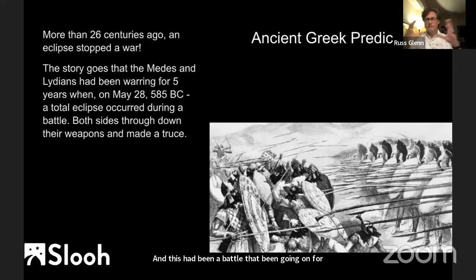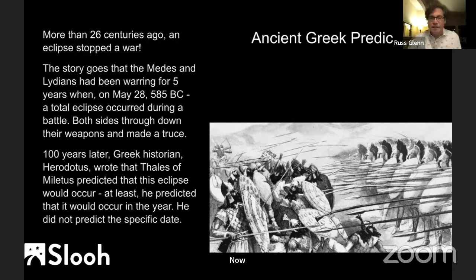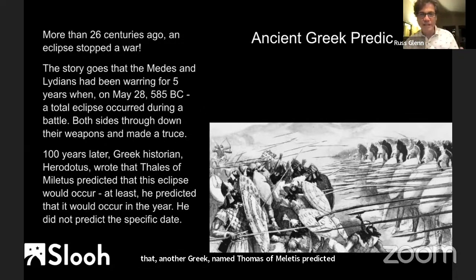And then a total solar eclipse occurred during the battle, and both sides threw down their weapons and called a truce. Now, the account of this comes from Herodotus, a Greek historian. But 100 years after the war, he said that another Greek named Thales of Miletus predicted that this eclipse would occur. At least, he says, he predicted the year in which it would occur, did not predict the specific date, but